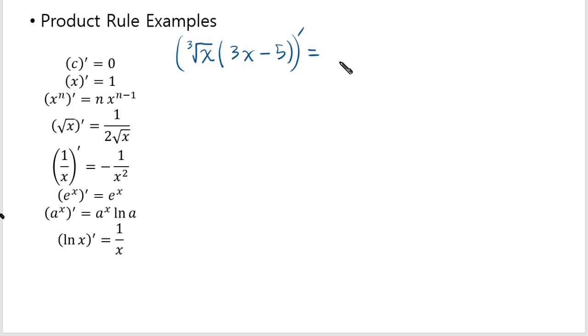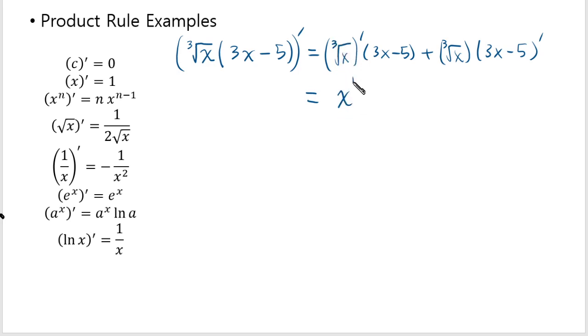Now, if you use the product rule, it says you differentiate only one of them, leave the other, then plus you differentiate the other one that you did not differentiate. Well, to differentiate this, you have to use the power rule. To use the power rule, cube root is the same thing as the 1/3 power. So you rewrite this as a power. That's the only way you can use this power rule. That's the one that I'm using, right? Prime, 3x minus 5